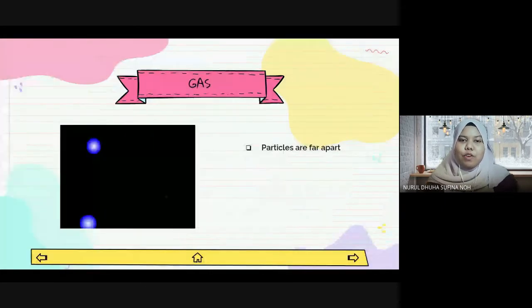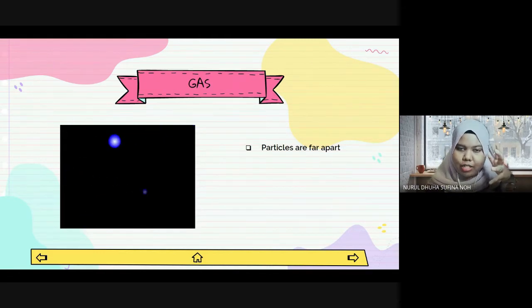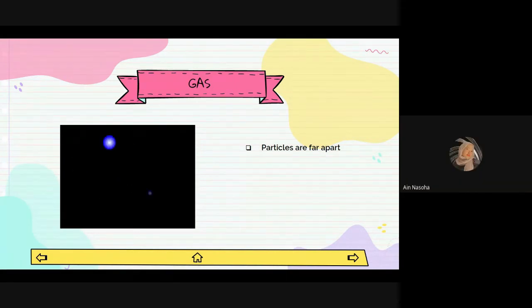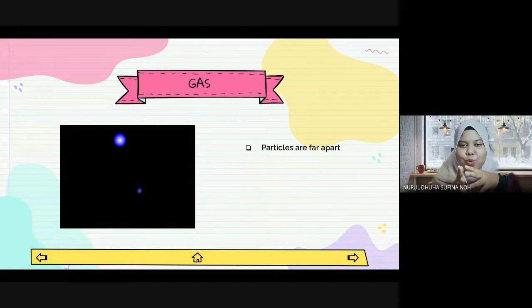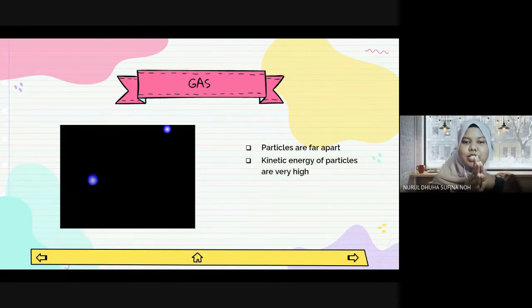Okay, next for gas, the arrangement of particles is like this. They are far apart. So I want to pick one name. Aina Soha, are you there? Okay. Can you guess what happened to the kinetic energy of particles in the gas state? The kinetic energy of the particles is very high. Why? Because there are more spaces between the particles. Yes. So the kinetic energy of particles is very high as they have more space, so they can move more